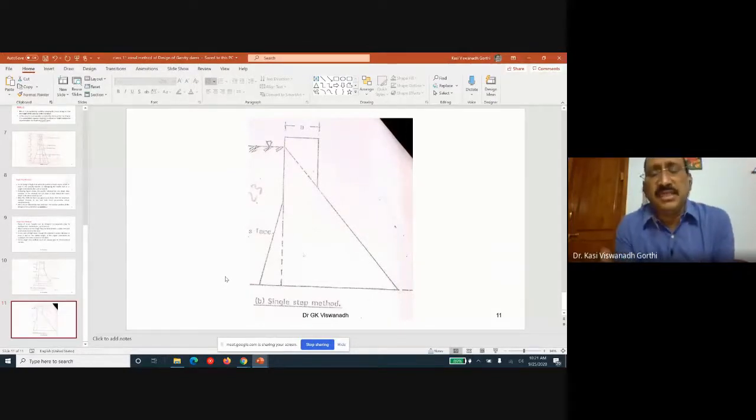So in a single step method, what we try to do is apply the principles of zone 6, and simply take the entire section as a single unit. So what are the various loads which are coming, what are the forces which are creating overturning, what are the forces which are causing stability, whether uplift needs to be considered, what is the applied force. Estimate all these forces, and identify the location of the resultant. If it is passing exactly through the downstream portion of the middle third, naturally the dam is not only stable but also economical.